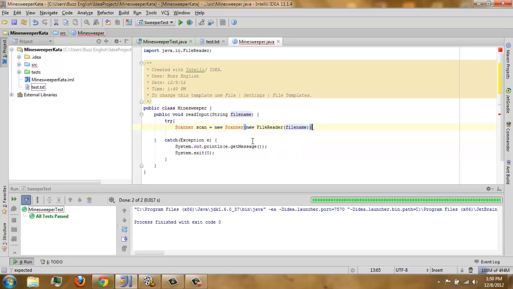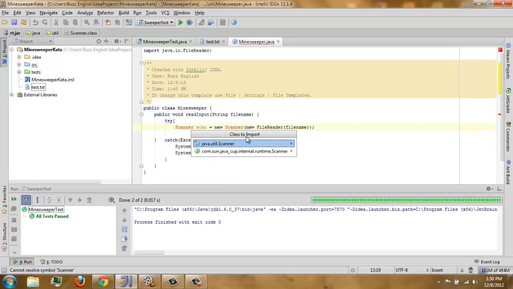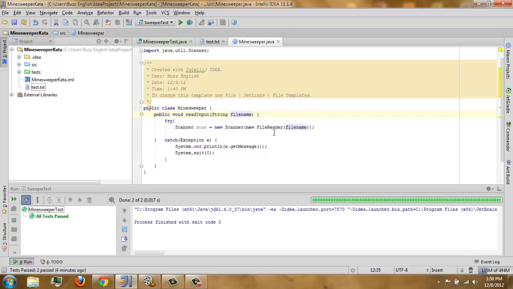As you can see, there's a red, and the IDE will help us with that. Import. There, there's no red anymore.